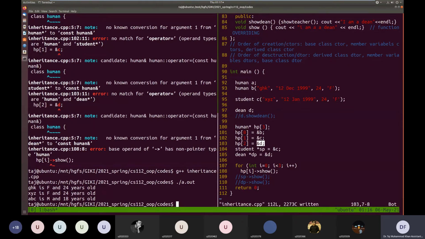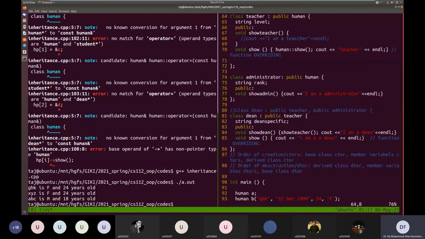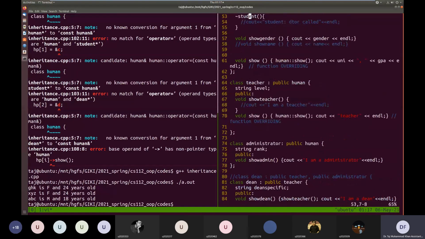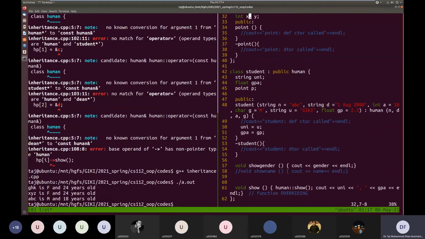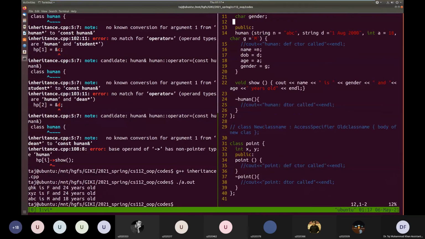So to solve this problem, C++ gives you a way of being able to call the derived class function from the base class by declaring that particular function virtual. What we do is we make this function virtual.